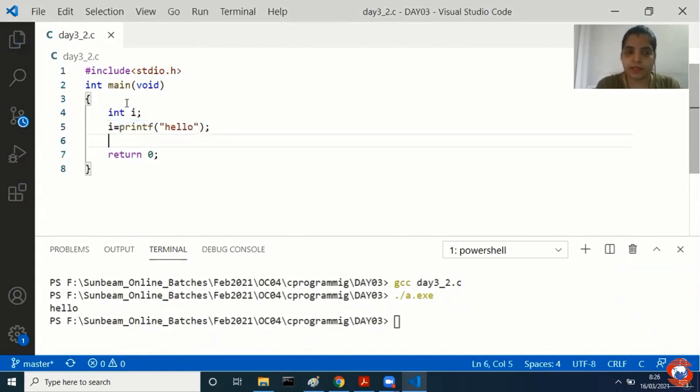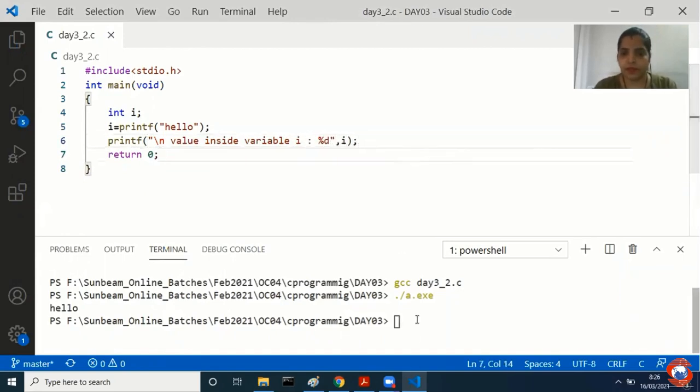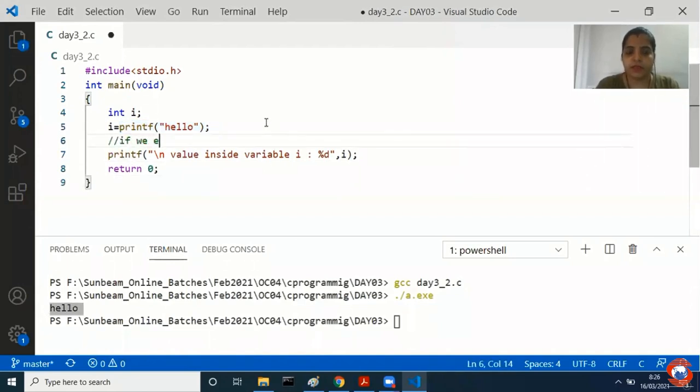Now, if I'm declaring one integer I, and I am equating I with printf, then let us try to print the value inside variable I in %d. I'll just print I. Now, if I would have written only printf, I would have gotten only hello as output. But if we equate, meaning I have written printf after the equal sign, if we equate printf, then